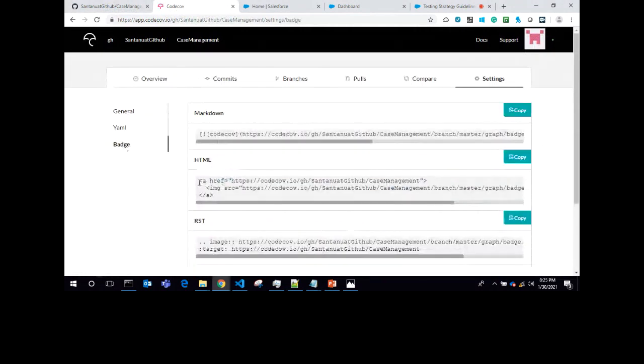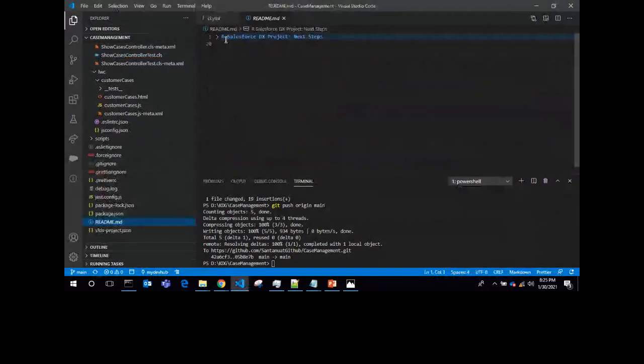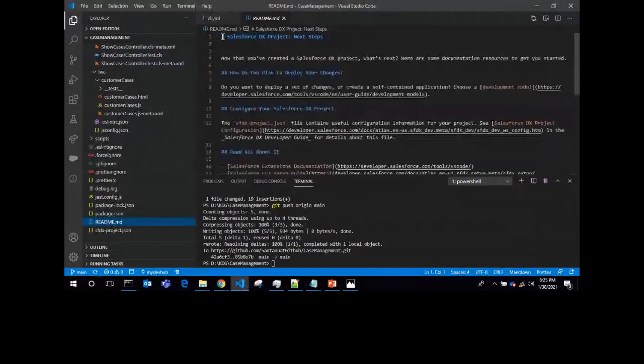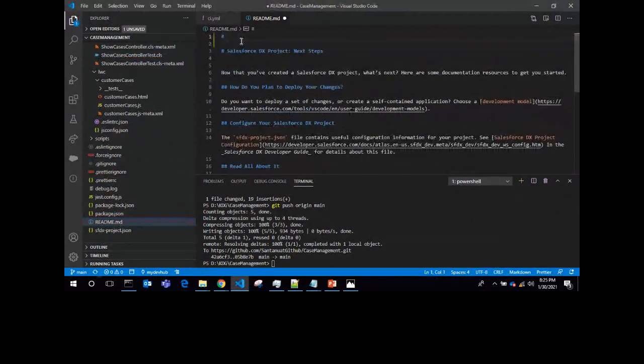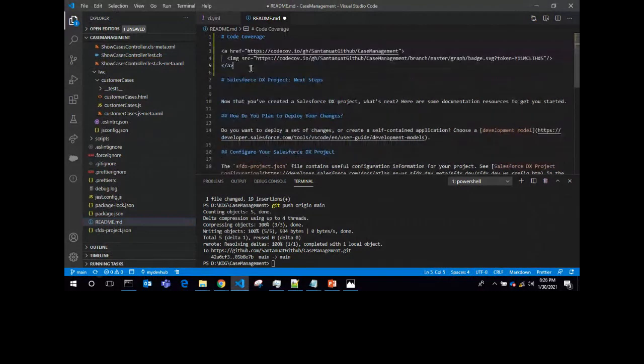I need to copy this badge, and that is a very interesting thing. I just need to copy this badge, and in my repository, in the README file, let's assume code coverage, I just put this badge in my README file.